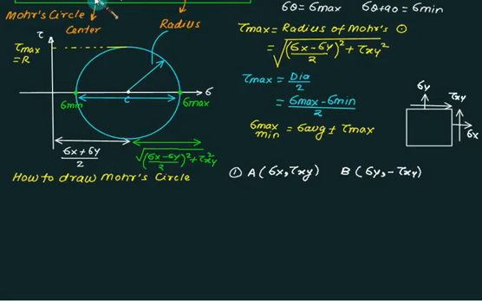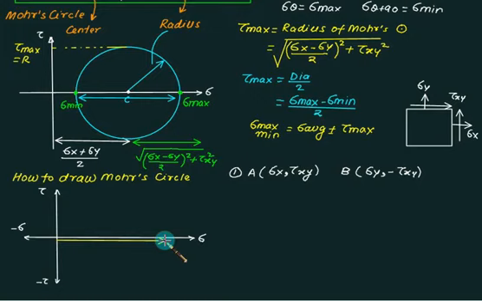So the first step is you draw one axis system. This one is the x coordinate, this one is the y coordinate. Whenever you have to plot an x coordinate and y coordinate, you have to mark your distance from the origin. So from the origin you mark sigma x, then you mark tau xy. Where you come, that will be point A. The second point will be sigma y. Sigma we are plotting on the same sigma axis. So this will be sigma y, and below this will be minus tau xy. So this point is B.